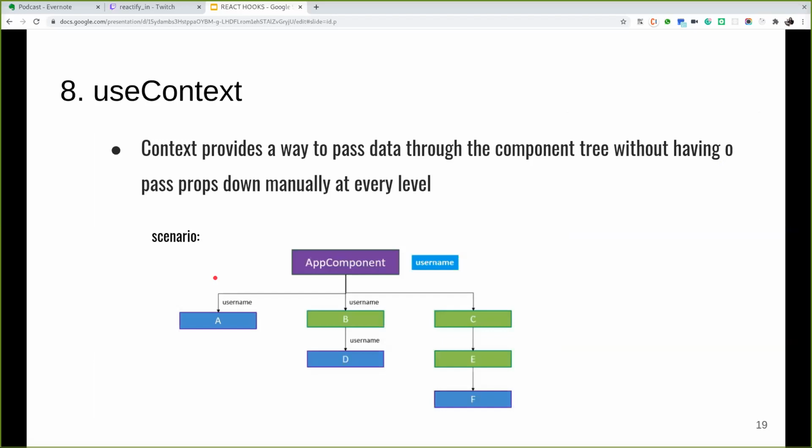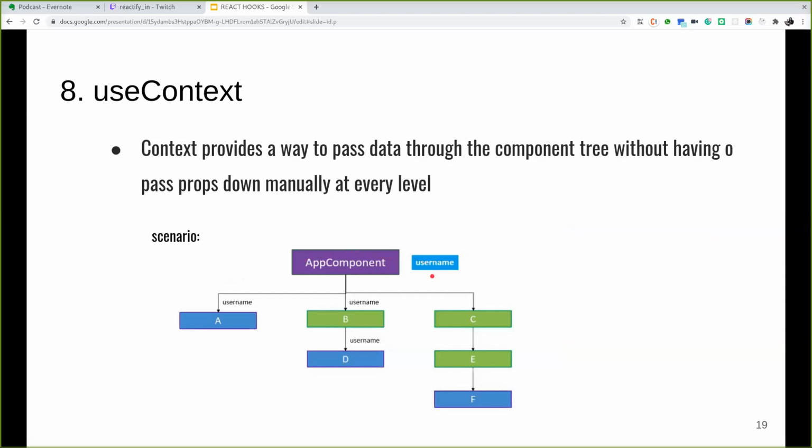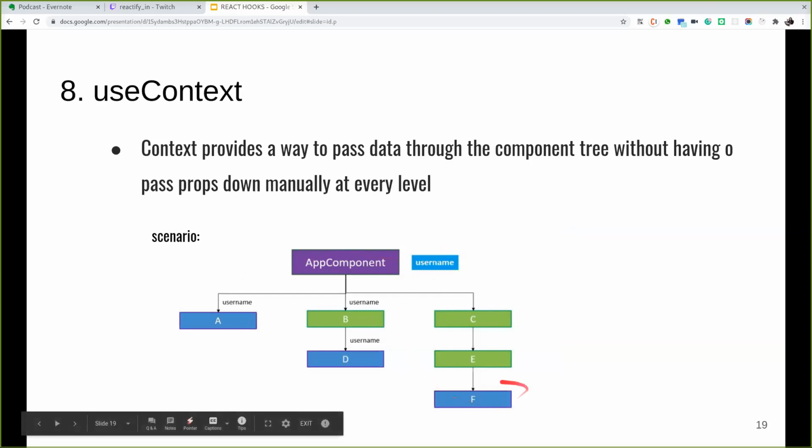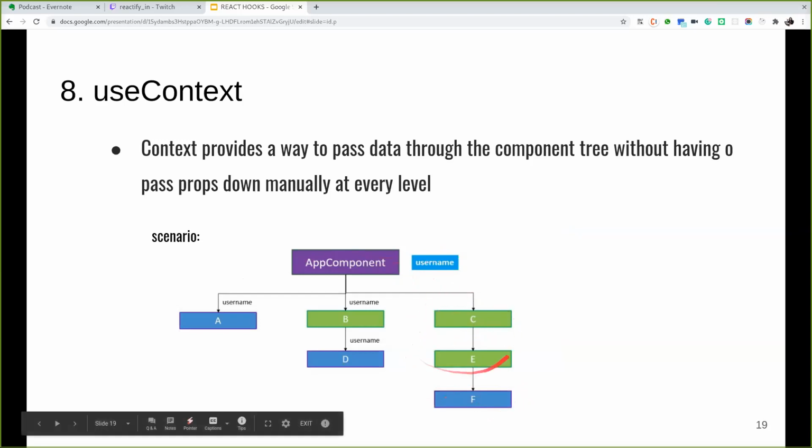So useContext is probably the most familiar one that we all must have gone through. When we want to pass our data from the parent component to a nested child component, we have to manually pass the data through all the levels. If we want to pass this particular username to component F, then we have to pass it through component C and component E, whereas in both of these components, we actually are not requiring the username.